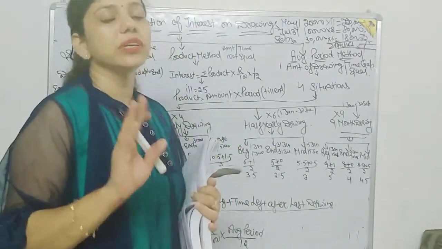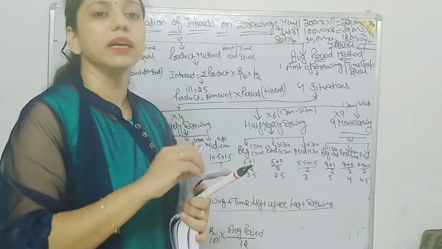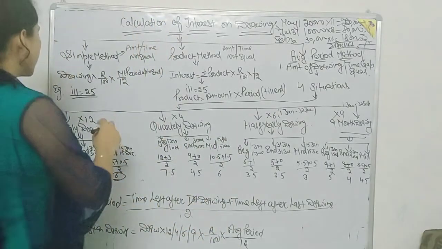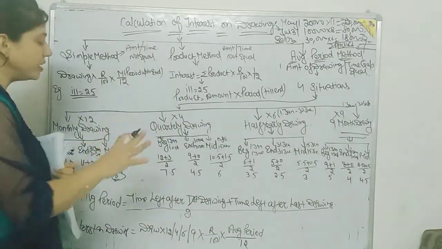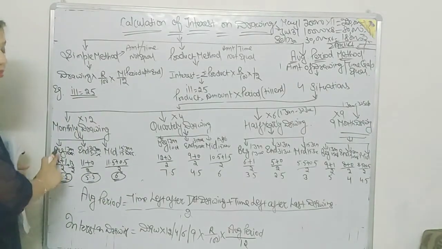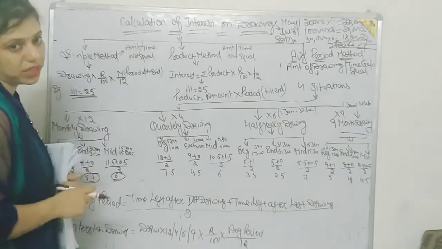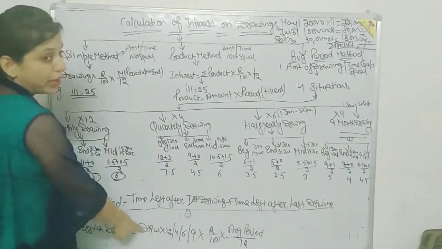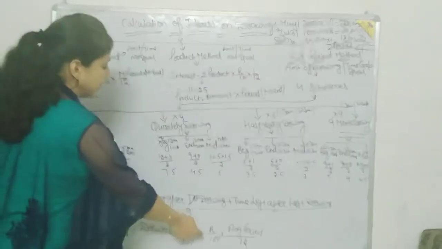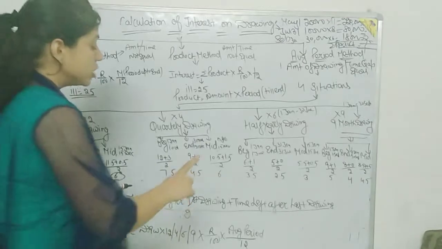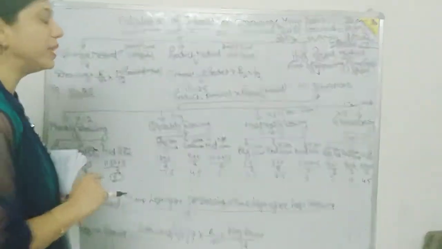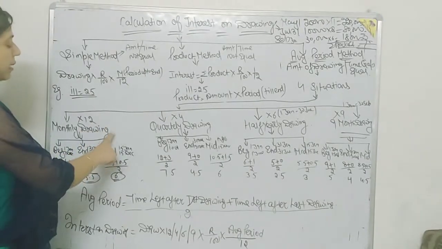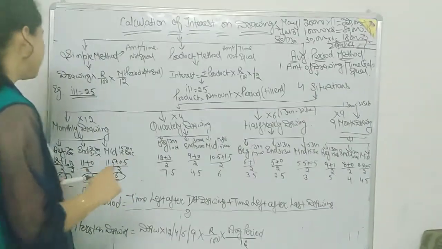So how we will calculate time left after first drawing and time left after last drawing? To make the calculation easy, I just take the year from January to December so that there is not any confusion. So if drawing is going on monthly, we have three situations: beginning of the month, end of the month, and mid of the month. So how the average period will be calculated? First step is clear. Monthly drawing multiplied by 12, multiply rate by 100. Clear? So now how the average period will be calculated in case of monthly drawing at the beginning, at the end, and at the mid?